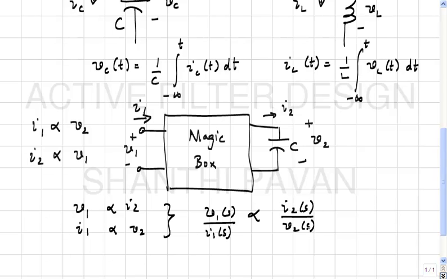So what we see is that the input impedance becomes related to the admittance of the capacitor. Obviously, I can't write the equal to, because it will be dimensionally inconsistent, correct? That's why here I only wrote I1 is proportional to V2 and I2 is proportional to V1. This constant of proportionality must have dimensions of